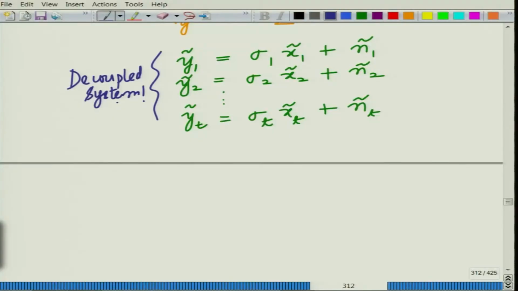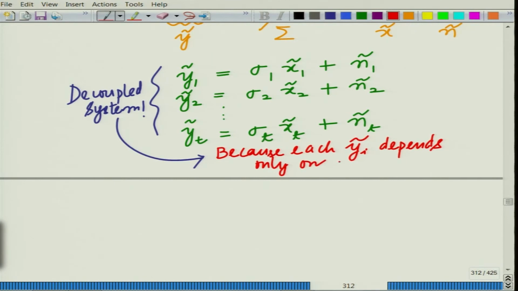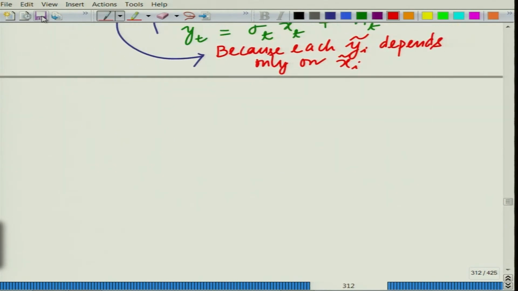So, this is a decoupled system because each yi tilde depends only on xi tilde, and if you represent this using a diagram, you will find that this is essentially,